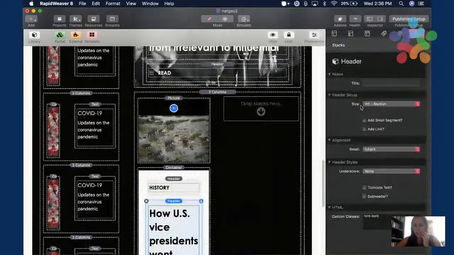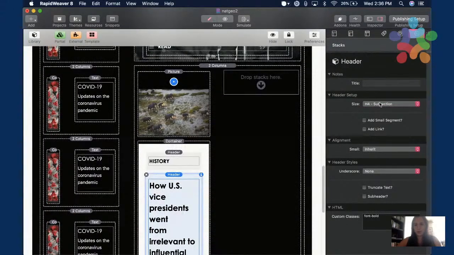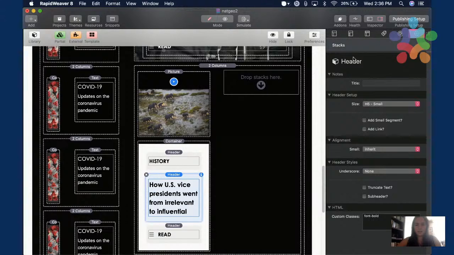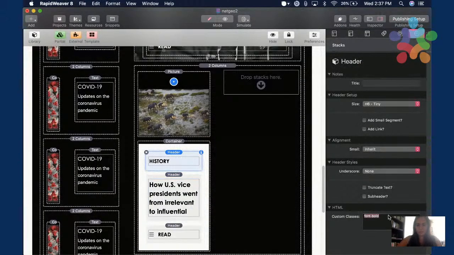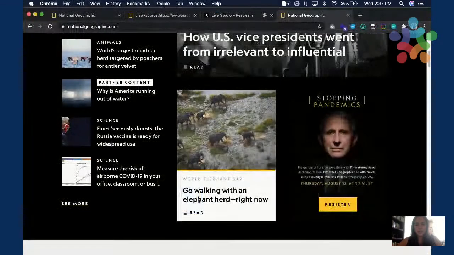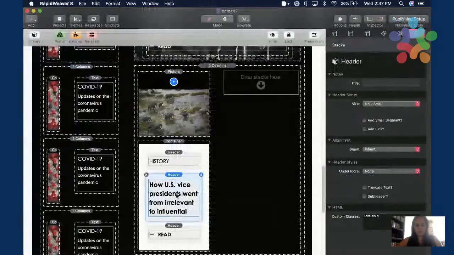And I'm going to change that header to an H5, and remove the bold from this one. I just removed the bold class from that one.